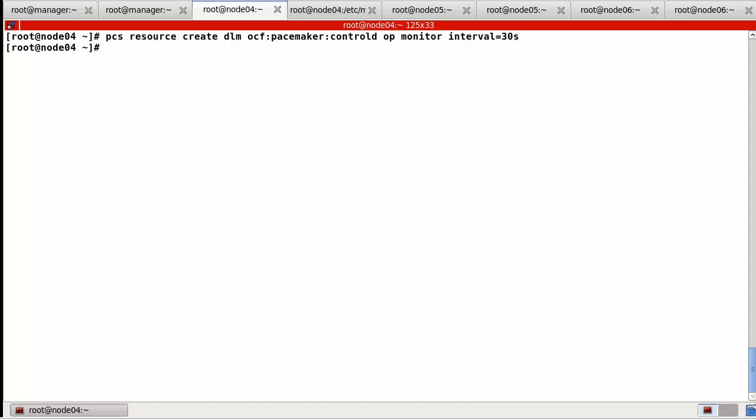Okay, I create, and the resource, this one, I will create the clone DLM to replicate this resource to the other cluster nodes. So clone-max in my case is 3 and clone-node-max is 1. Okay, then let's create the CLVM.